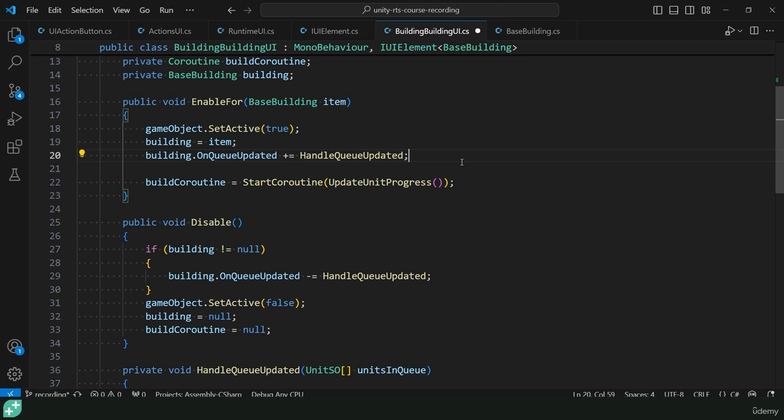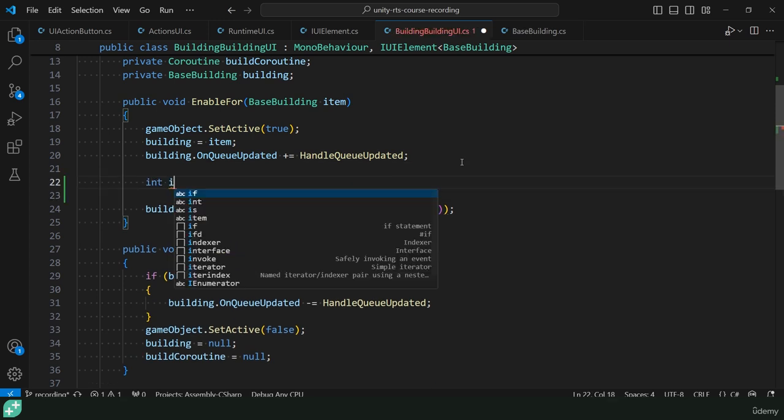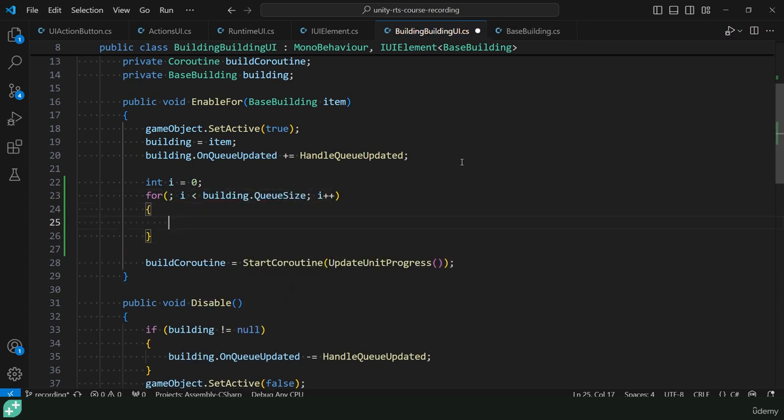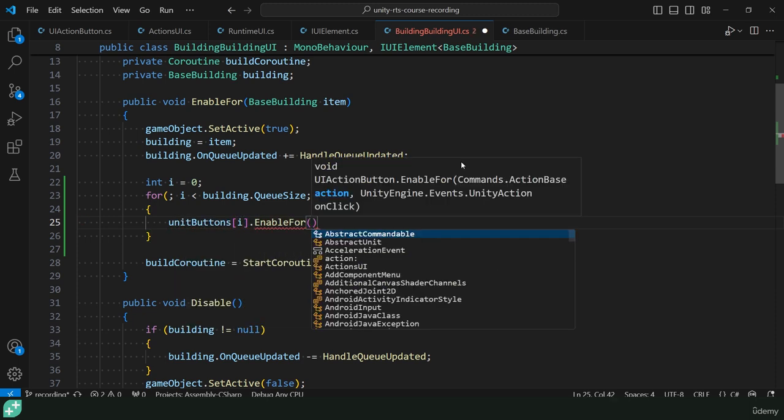Well, in here, right after we assign that delegate handler to the onQueueUpdated, I'm going to define int i equals 0 and go for, and we don't need to define a variable here because we're going to use that i, and this is going to look a little bit weird, but it's going to make total sense once we do this. So we'll just skip defining a variable there. We'll say i less than the building.queueSize, i++. And in here, we're going to want to do unitButtons indexed by i.EnableFor,